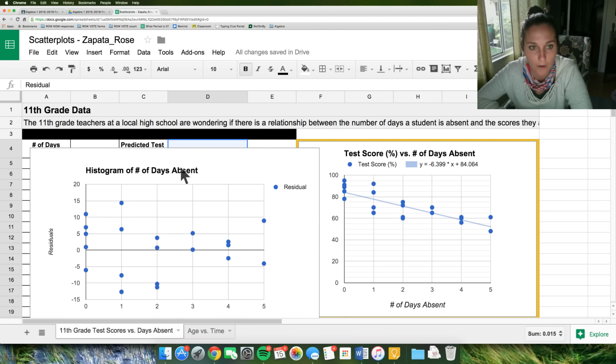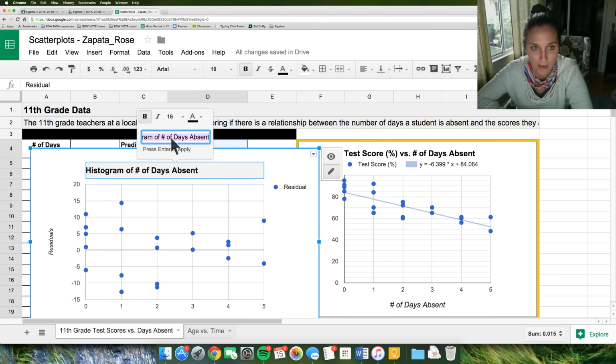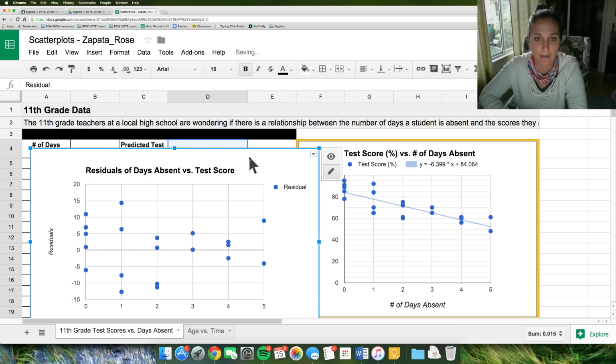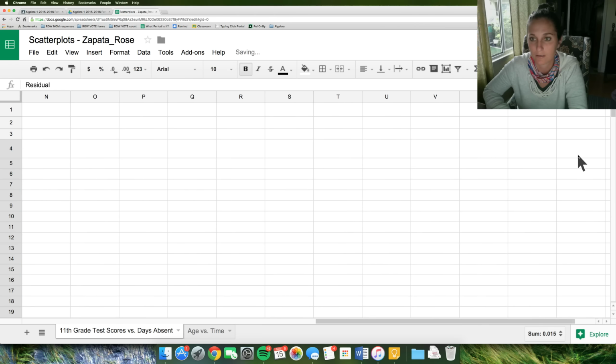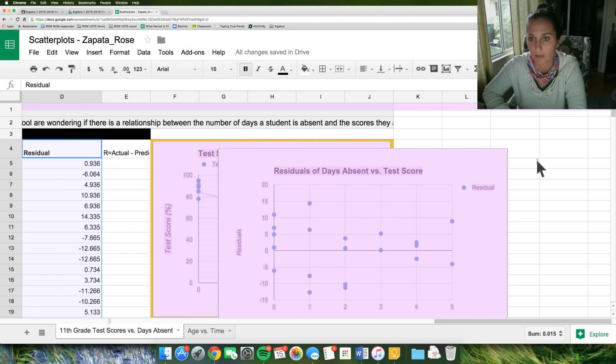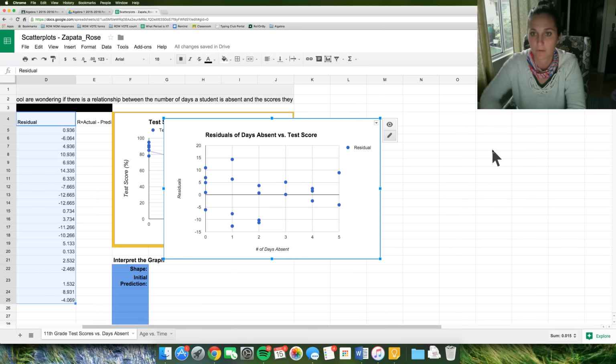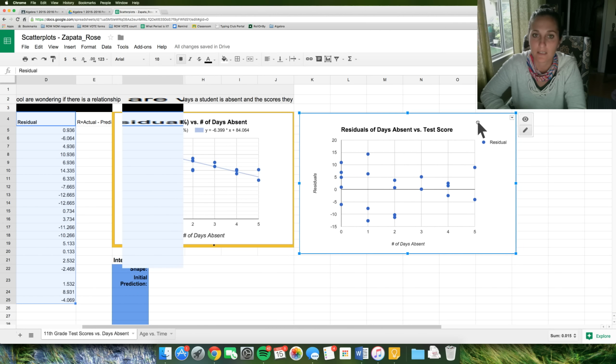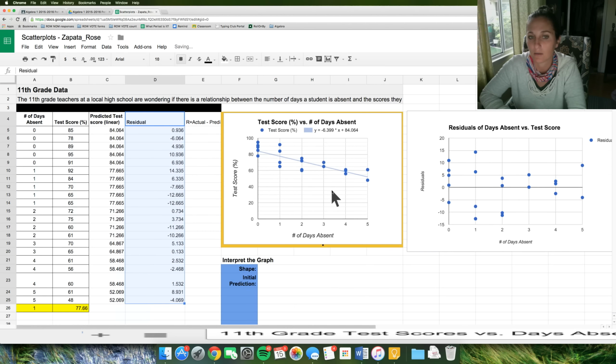Also notice my title says histogram of days absent. That's not what I want. I want this to be residuals of days absent versus test score. Once I have that, I'm just going to drag it somewhere where it's a little bit more out of the way. And that is it. That is how you calculate residuals using a Google spreadsheet and create